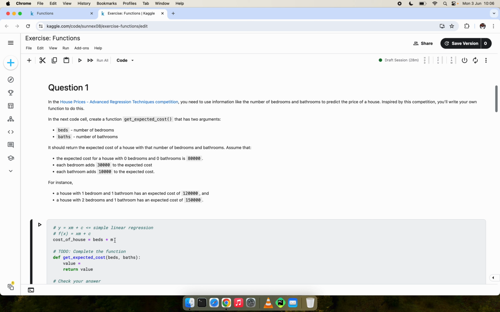So the m of the bedroom is 30,000, plus the bathrooms multiplied by its own gradient. The gradient means coefficient. I'm going to be doing a video on that also to explain all these mathematical jargons, so that you can understand it better. However, follow me closely as we continue. 10,000 plus the constant, the c,